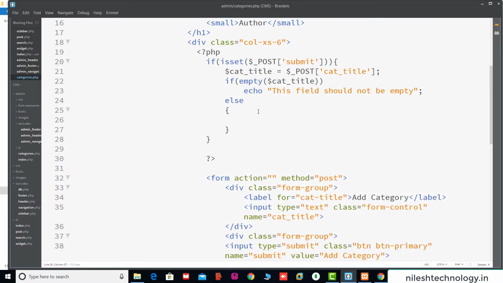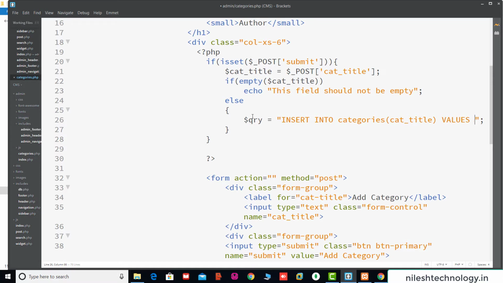Now here we add one insert query. So query is equal to insert into categories values. Here we pass the column name. There are a total of 2 columns, ID and title. ID is auto incremented, so here we only pass the cat_title column name.